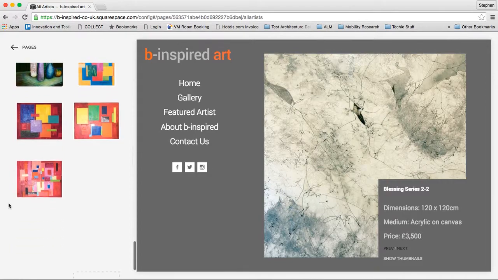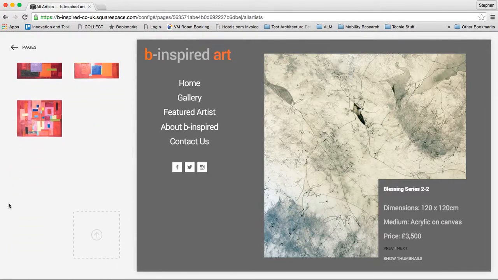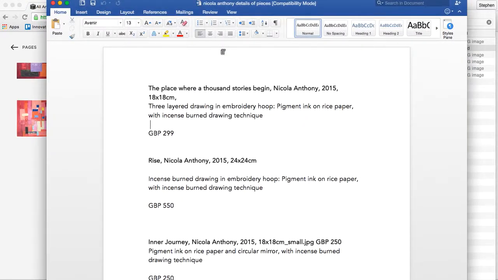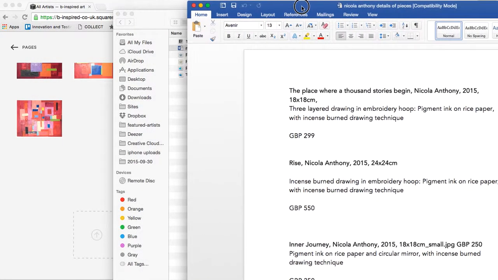They'll start uploading. You won't see anything for a little while, particularly if your internet connection's slow like the one here in the hotel. They'll take a couple of seconds to upload, so we'll just wait for that to happen. Whilst it's uploading, we can open up the document with the details from the artist,